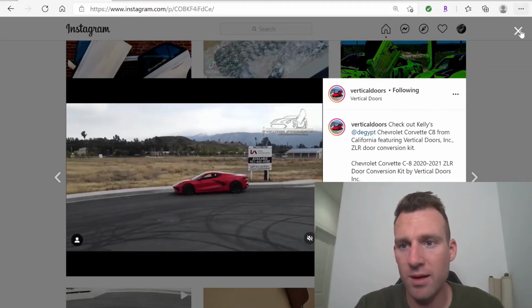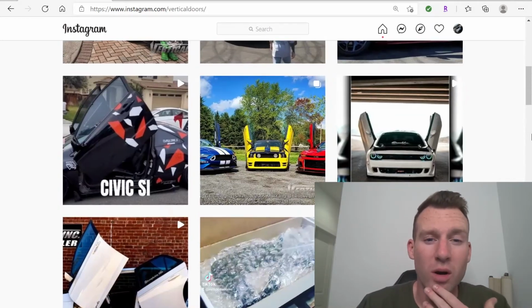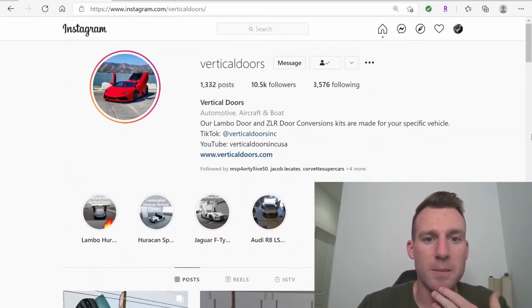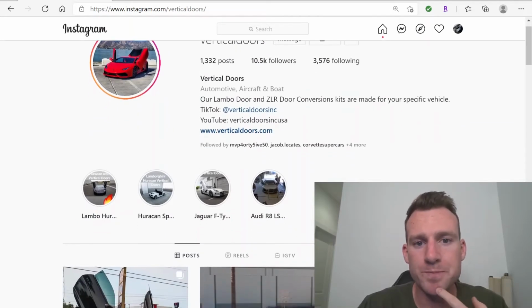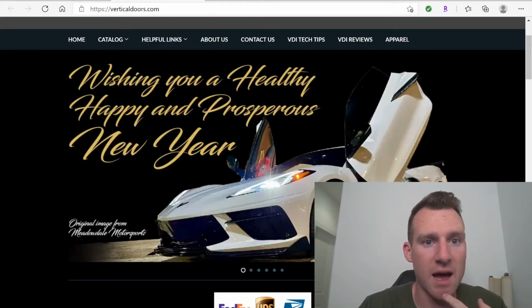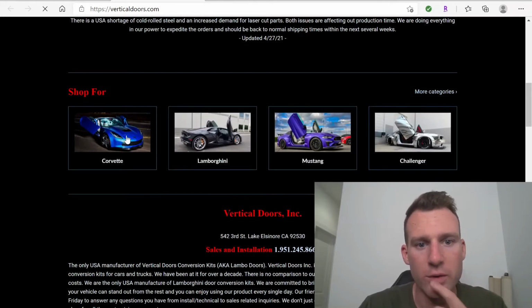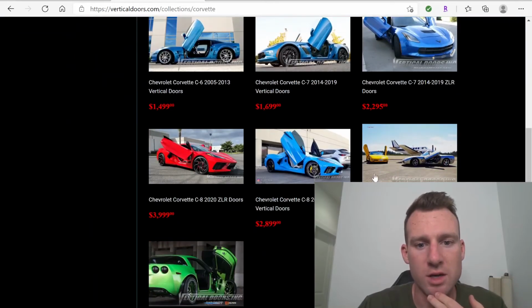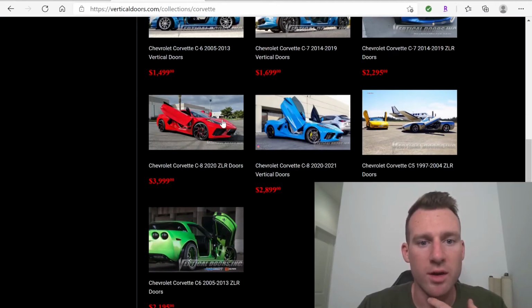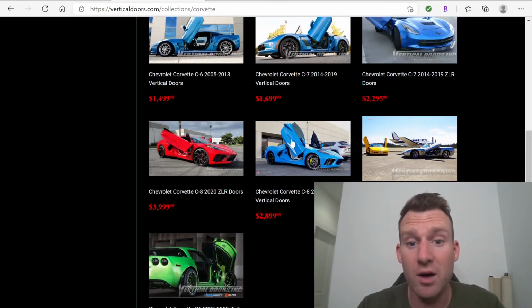Now, if they only offered it for maybe two-door cars, I might be tempted to do it. But I linked up with some people. I got some pricing. They have their website right here. I was looking at the Corvette, and so the gullwing style ZLR doors for the C8, that's $4,000, or $2,900 for the straight